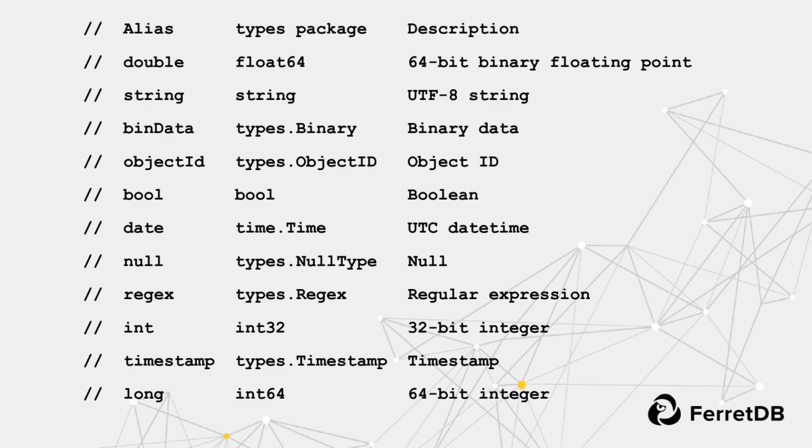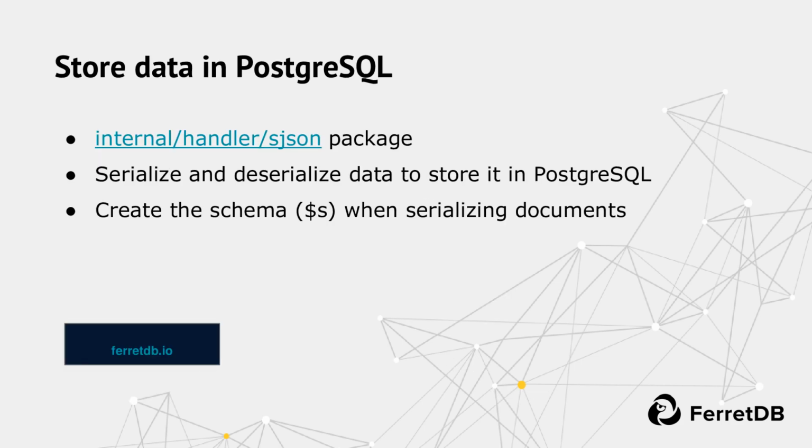And then, okay, now we have BSON, now we have business logic, now we can store the data in PostgreSQL. And again, surprise, surprise, we have our own package to work with JSON. A regular JSON package will not work for us because we need to store the schema, so we added our own, slightly more extended package, which allows us to store the schema together with the JSON document. Then we can serialize it, deserialize it, and translate it to the level of business logic.